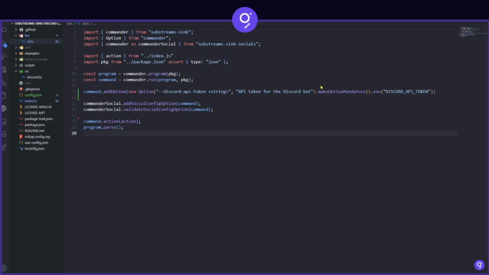We do this using the commander object exposed by the Substream sync library. This commander object is built using the commander npm package to handle CLI stuff and contains built-in sync commands and options. So we use it to initialize the program for the sync and add to the run command